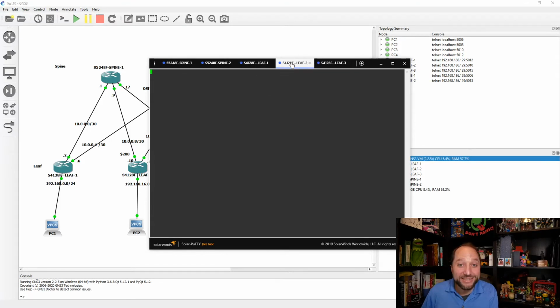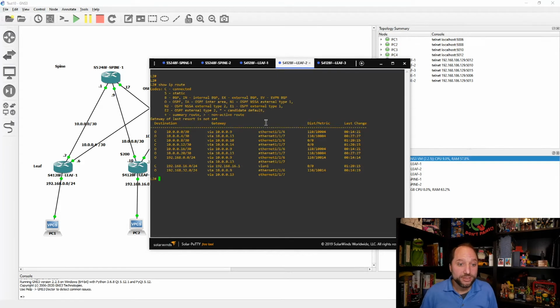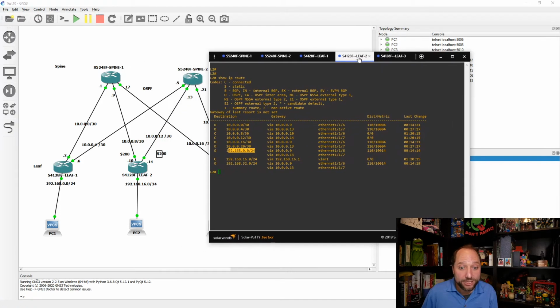So I'd go to Leaf 2, exactly like I said, and do show IP route. And if I look at it, I see that the 192.168.0.0 from Leaf 2's perspective is indeed available via two next hops, 10.0.0.9 and 10.0.0.13, because they are equal cost. And if we wanted to get real fancy and see that actual cost, we could. It's right here. This is the actual cost,